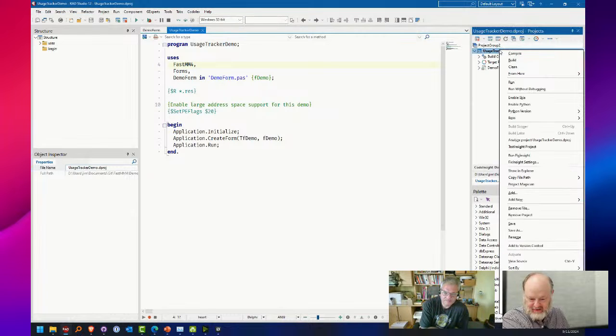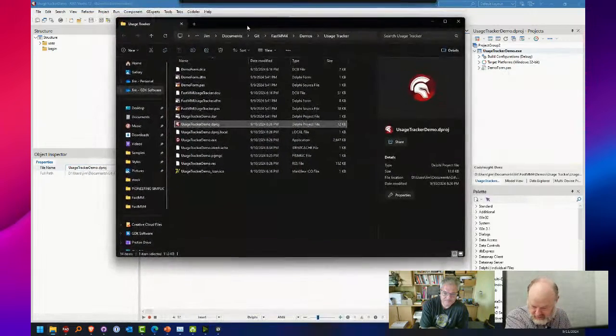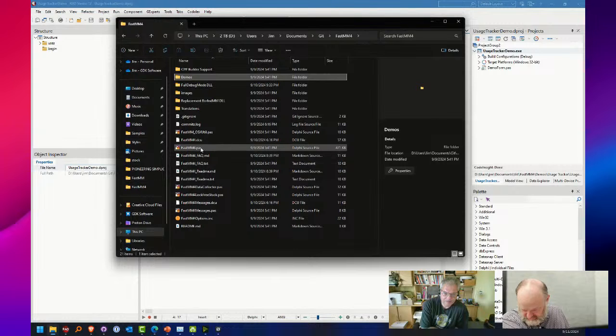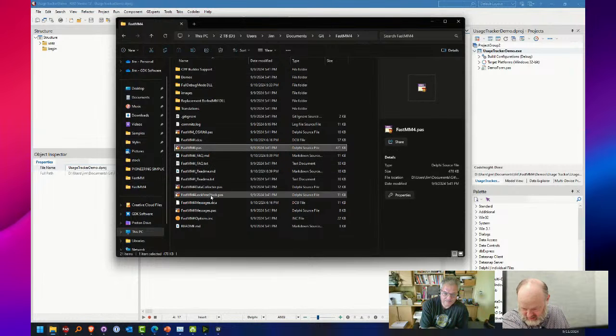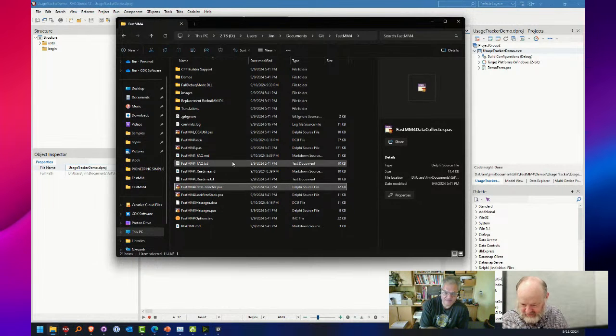In the folder you can either include it, which it probably isn't here because it's the demo, or just point to it. The FastMM4.pas, the messages, and the inc file, those three have to be included, and the other pas files are optional depending on whether you're using those features or not.